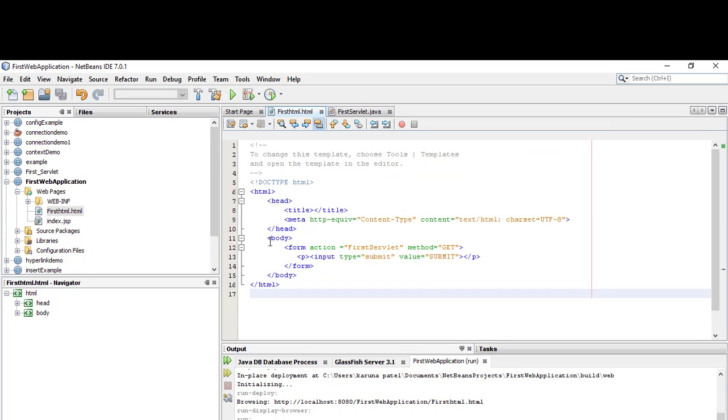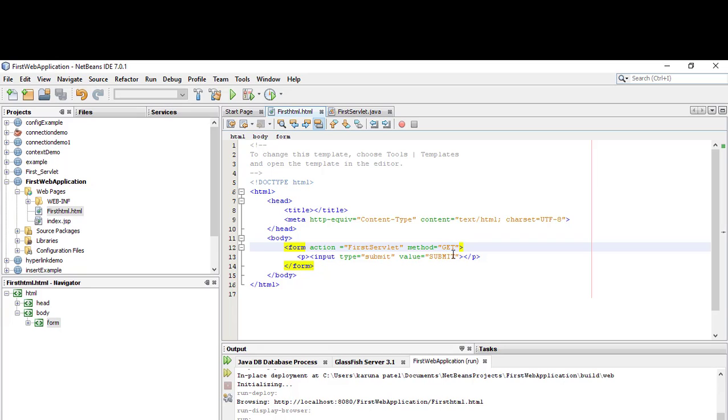In this HTML file, in body tag, I am creating one form tag. Inside form tag, I am passing two parameters, action and method. Action is used to redirect the page. Here I am writing FirstServlet because when I click on the button, my application will go to the FirstServlet, and using method equal to get.